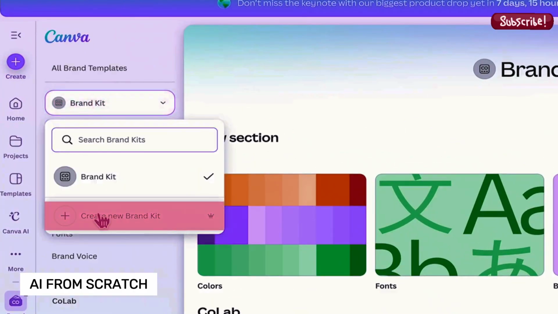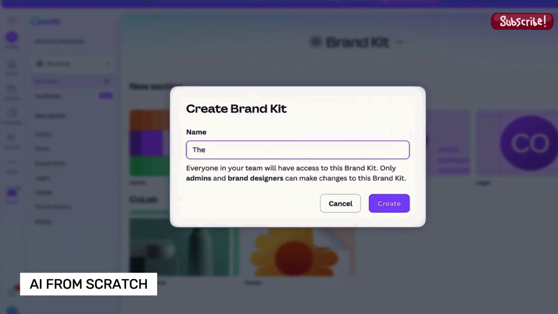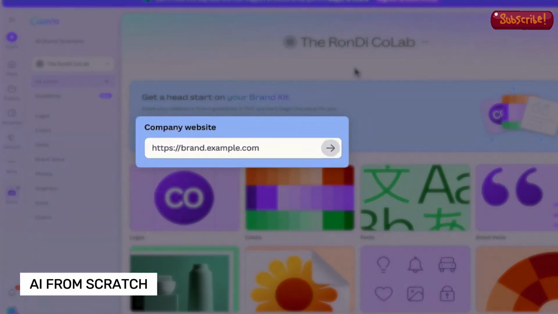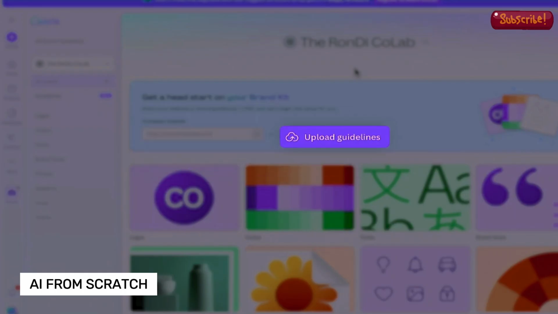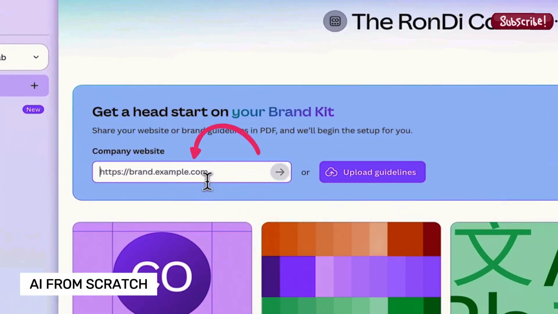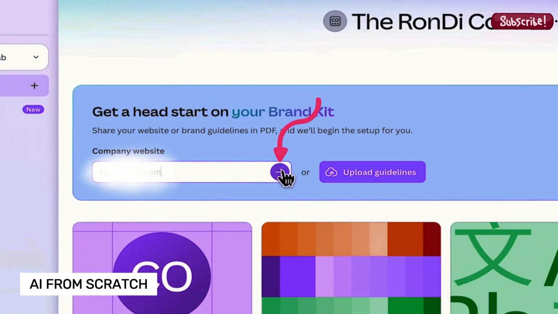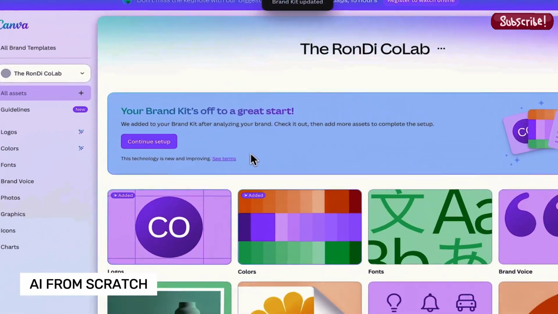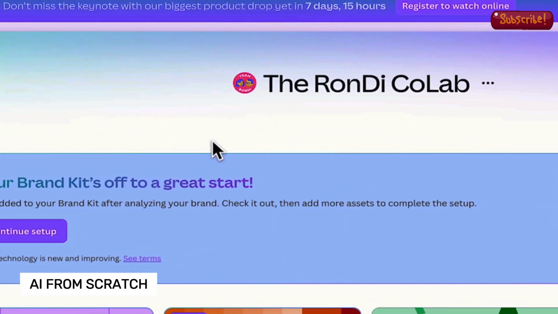And then from here, select Create New Brand Kit. You're going to give a name to your brand kit. From here, hit Create. And then from here, you'll be able to share your website or your PDF. And then Canva will help you set up your brand kit. I'm going to type here our website. So this one is teamrondi.com, and then simply hit this button, and it says that the brand kit has been